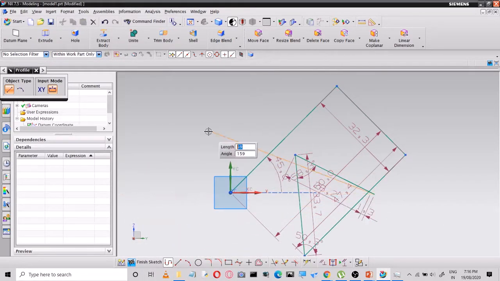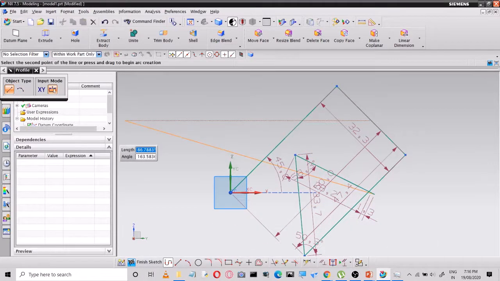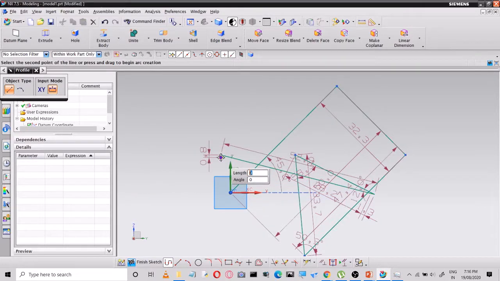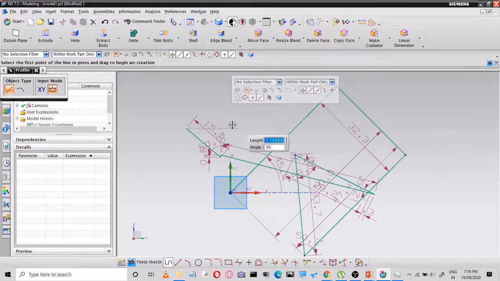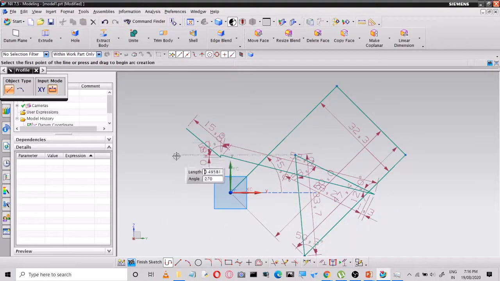Suppose if you want to unhighlight all these dimensions here, now you have got dimensions along this line.